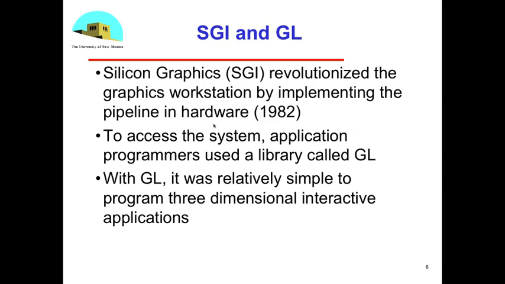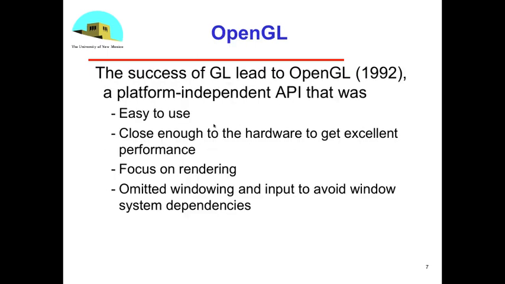So it was clearly better than anything that had been around, but it was tied to the Silicon Graphics workstations, so it had windowing in it and it had input in it that was very hardware specific to their systems. But it was so successful that Silicon Graphics came out in 1992 with the first version of OpenGL,